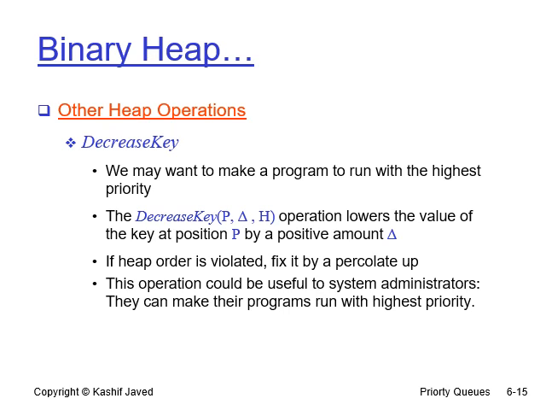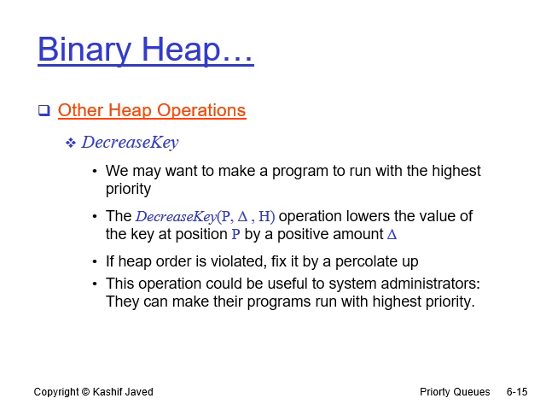So this operation is quite helpful for the system administrators. Here we mean by the system administrators, those people who are looking after your network. They can make the programs run with the highest priority, right? And if you're talking about an individual computer, a system administrator is a person who is operating the operating system. So this is quite helpful when you increase the priority of your program, you would be able to remove it from the queue with the help of a delete minimum operation.